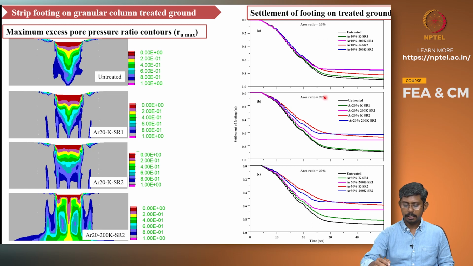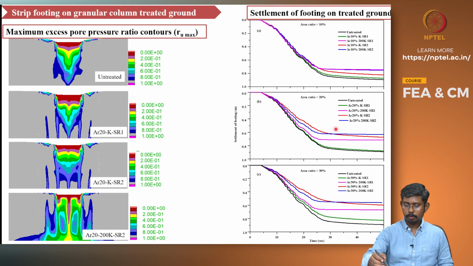it is plotted for three different area ratios, 10%, 20% and 30%. So it can be seen that the blue line corresponds to the case where enhanced drainage is considered and the shear reinforcement effect is also in place. The interesting aspect is that the red line is also not far from the blue line, in which case the drainage is not there, but the shear reinforcement effect is. So that also contributes